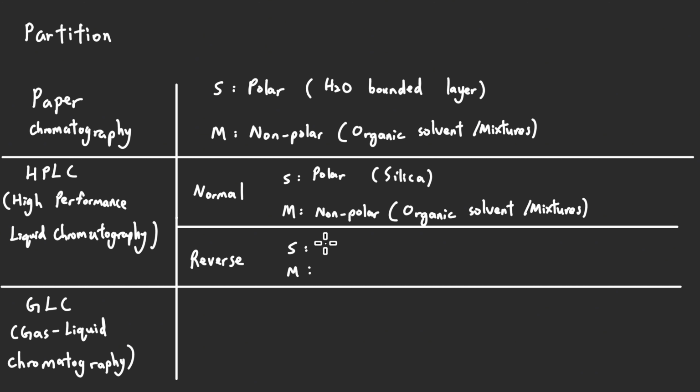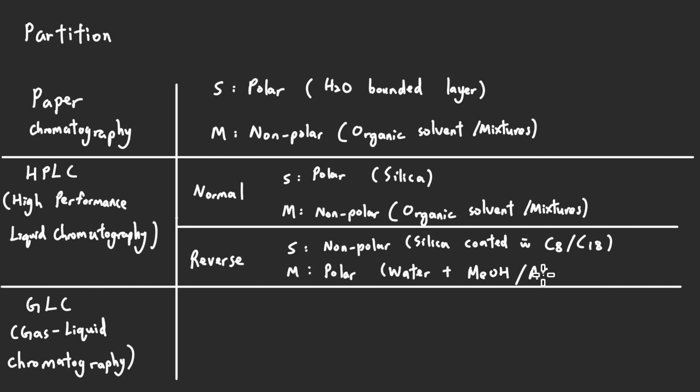That means the stationary phase will be non-polar, and the mobile phase will be polar. The non-polar and polar phases are actually customized. Non-polar will use silica that is coated with octane or C18 long carbon chain, while polar will use water with methanol